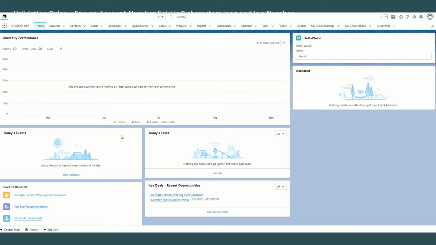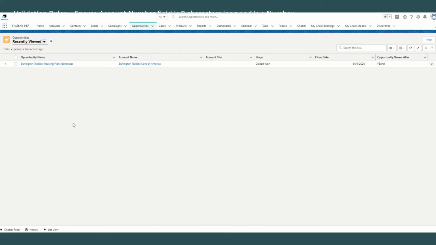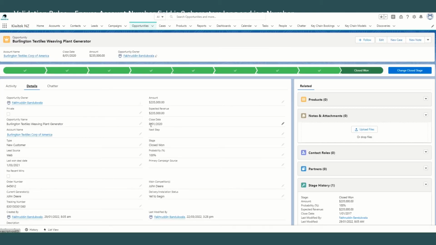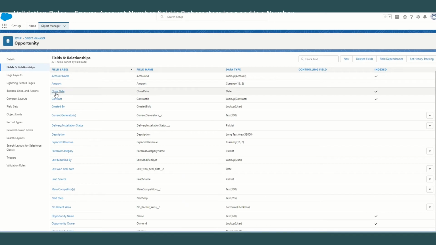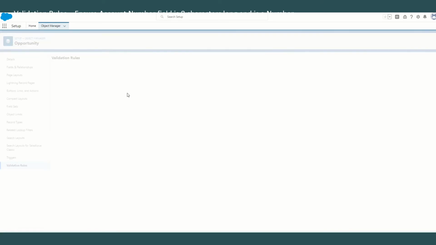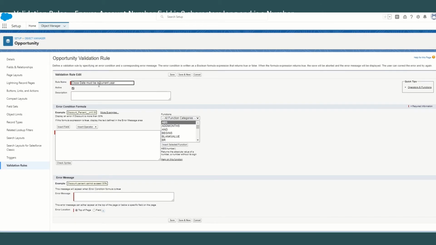Let's look at another validation rule on a date field. So let's say we want to ensure on opportunities, we have close date, and we want to ensure that the close date is in the current year itself. So to define that validation rule, let's again go back to Setup, Object Manager, find opportunity. The field we are looking at is close date. Data type is date. So we go to validation rules, click new. Let's name our rule close date must be in current year. We'll leave the rule active and let's start defining the